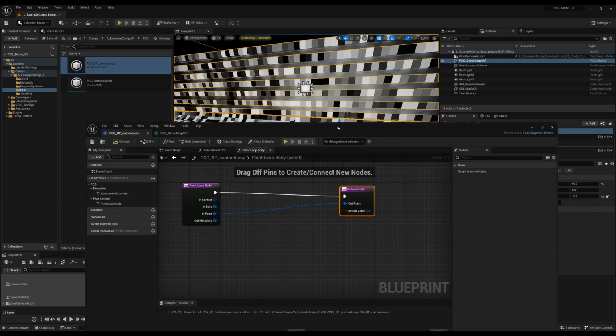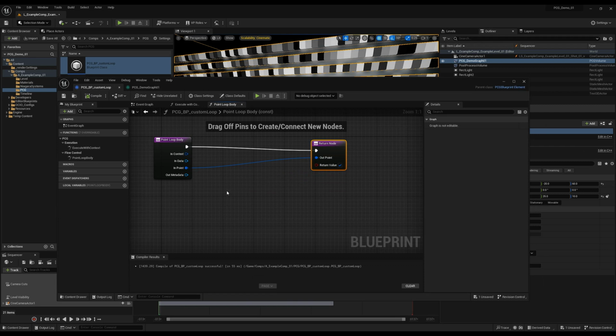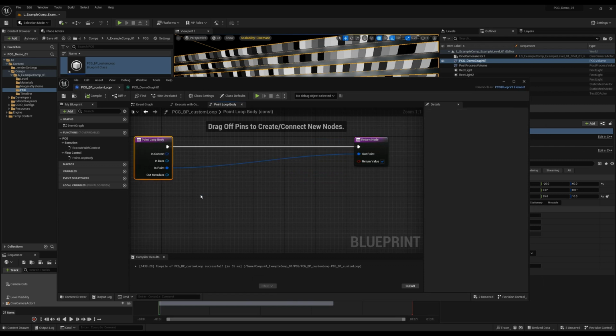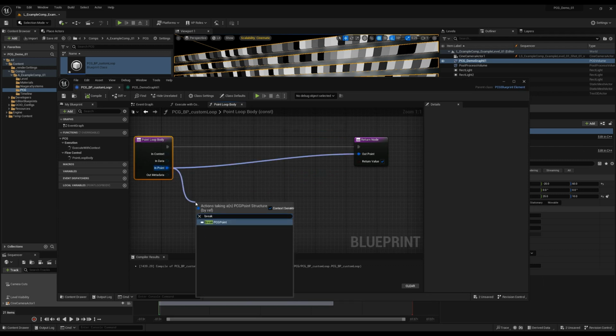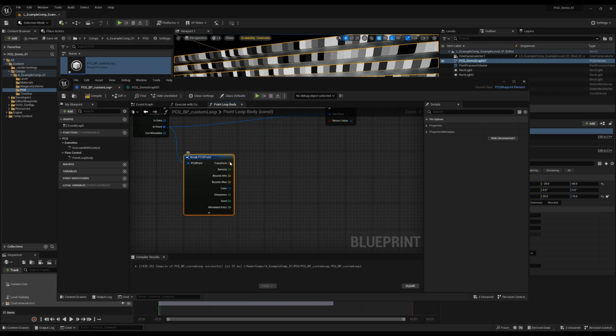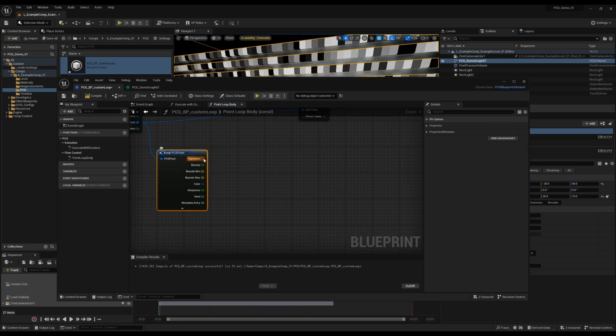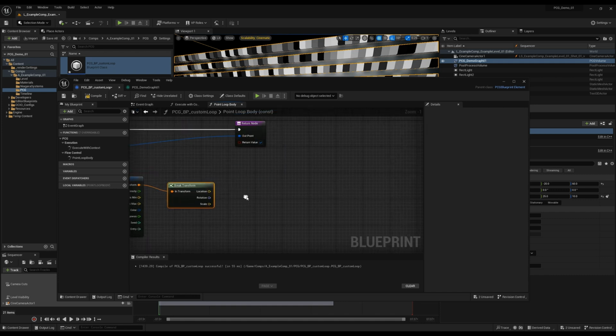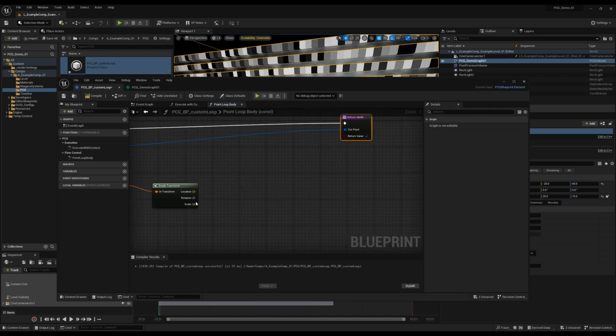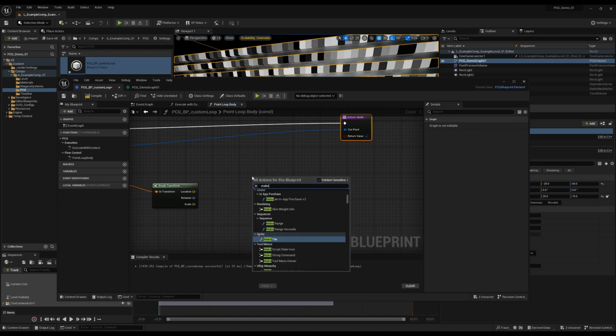Back in the point loop, what we're going to be doing is breaking apart each point and then putting it back together. So here, if we drag out this in point, I can search for a break PCG point, which gives us all of the point's details. Most importantly, we'll be looking at transform and density. If I drag out the transform, I can break it as well into its location, rotation, and scale. Of course, we need to put everything back together. So at the very end, we would need to make a transform,